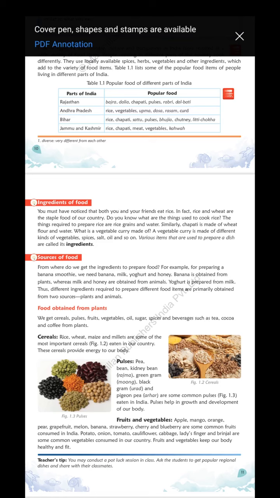Green gram dal means pesara pappu. Red gram dal, black gram dal. Black gram dal means minapappu. Green gram means moong dal or pesara pappu, and red gram means kandi pappu. Black gram means urad dal or minapappu. You know, for idli and dosa we are using that only. So these all come under pulses.